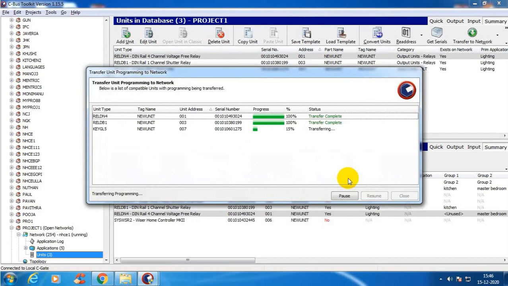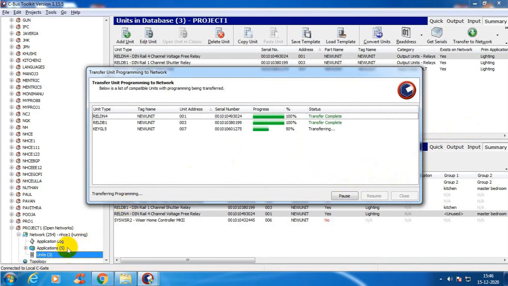That is, units are already programmed, it is transferred to network now. So after that, you have to check with the workbench. It takes some time, so you have to wait.